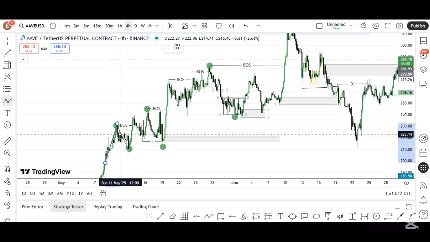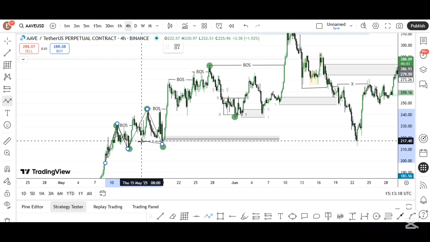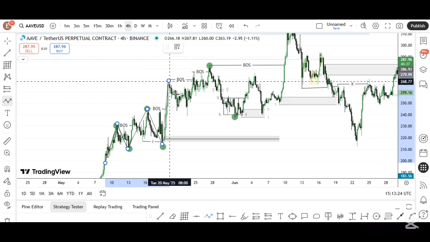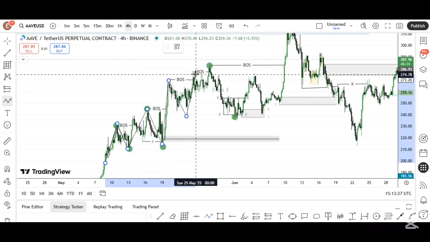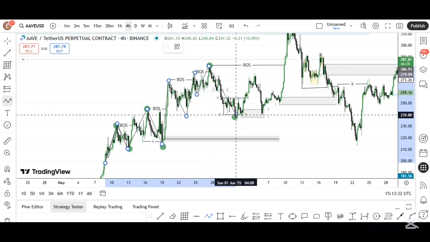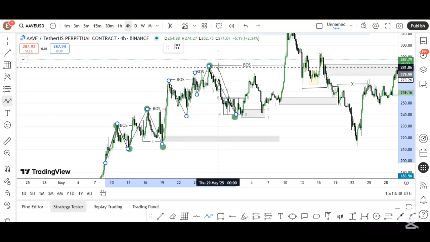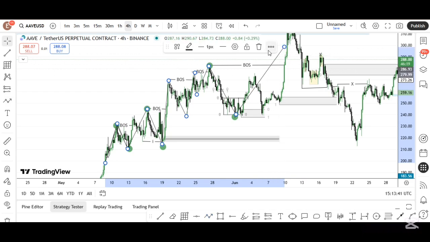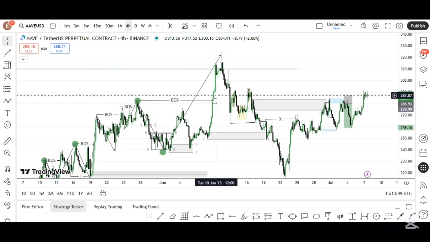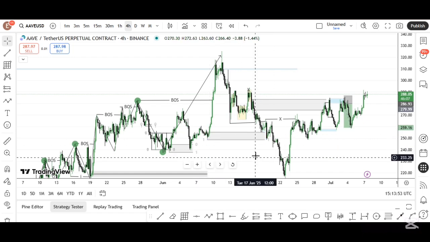From this point we have this bullish move, we have this correction, we have this impulse, we have this correction that took out inducement right here, giving us a higher low and a higher high. We also have this impulse, this correction, this impulse, this correction, this impulse, and this correction that took out the double inducement, giving us another higher low and a higher high. From this point we have this breakup structure right here. There was no inducement formed, so we have this mini order block right here,